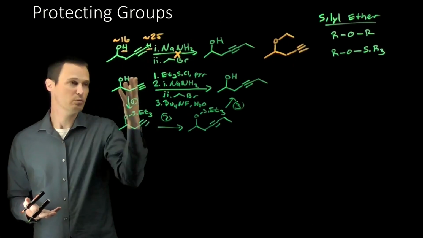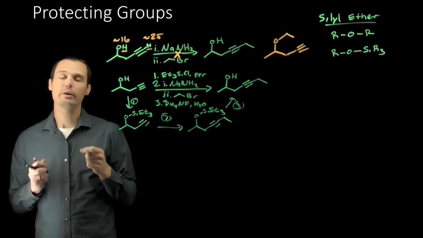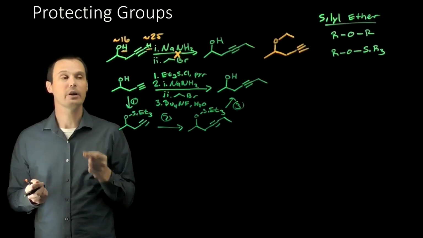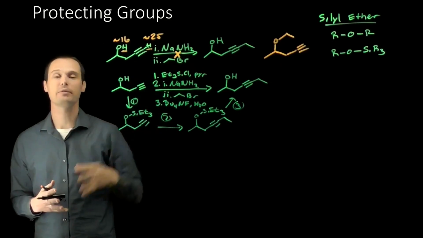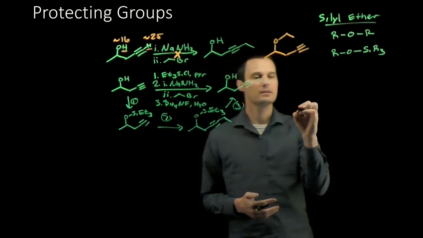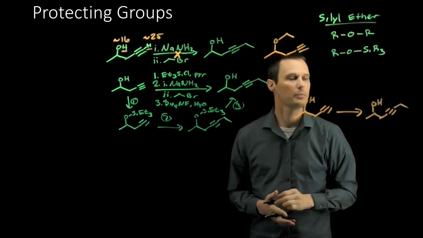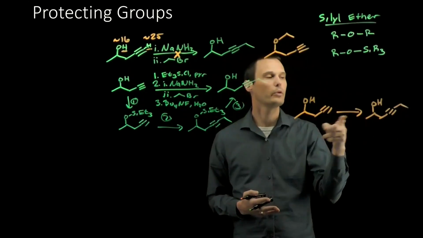This is fine. This is good. We can do this kind of thing. Where you want to be aware and very cautious of protecting groups, though, is if the question wasn't a predict the product question, but if the question was a predict the reagent question. If instead I had worded this question this way, as a predict the reagent question, what reagents are needed to